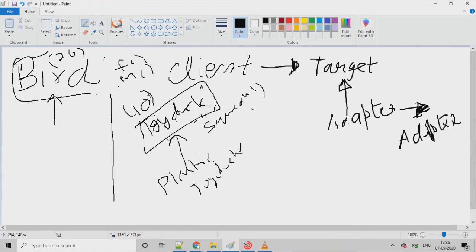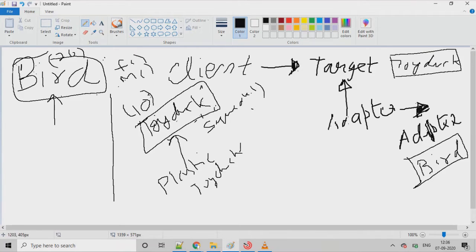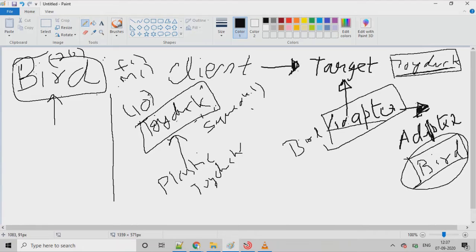So to make it very clear, this is the sign of implementation, and this filled arrow is extend, and this is a sign of association. It can be of two types: filled one will be the strong, and without fill would be the weak one. The weak one we call aggregation, and the strong one we call composition, right?